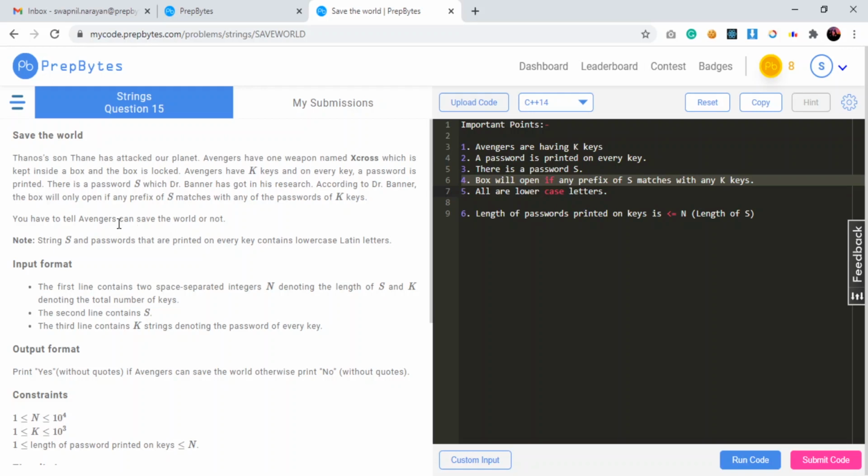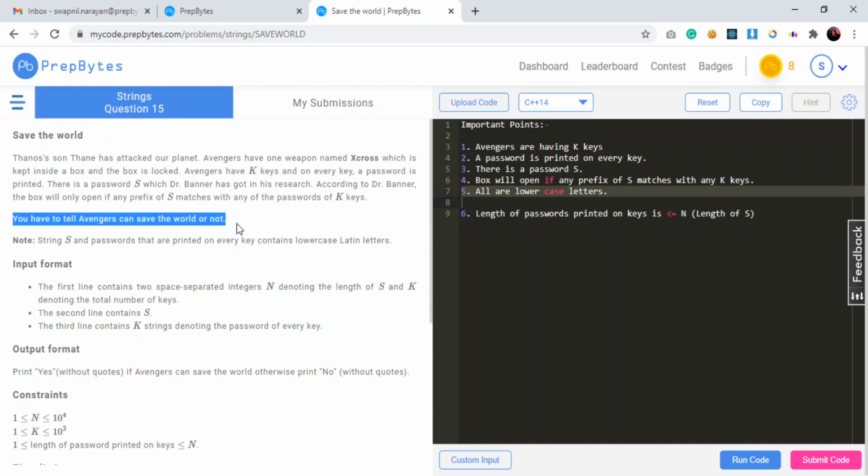One more thing to note is that the string S and the passwords printed on every key contain lowercase Latin letters, so all are lowercase letters. And we have to tell whether Avengers can save the world or not. Avengers can save the world by opening that particular lock, and for that they need this particular condition.